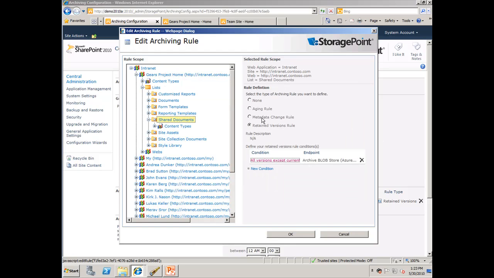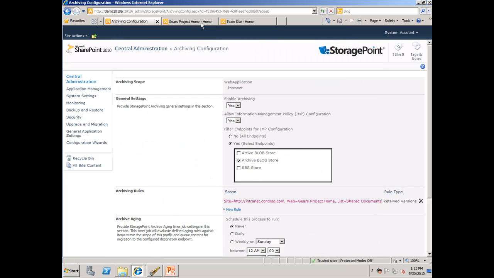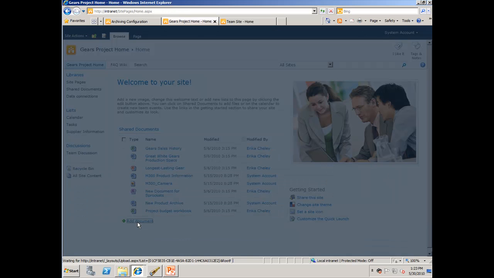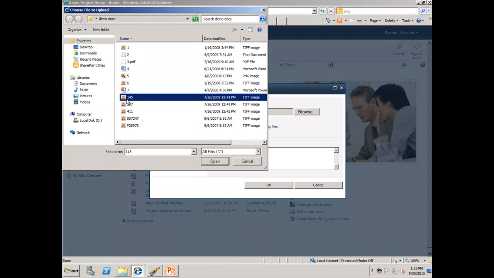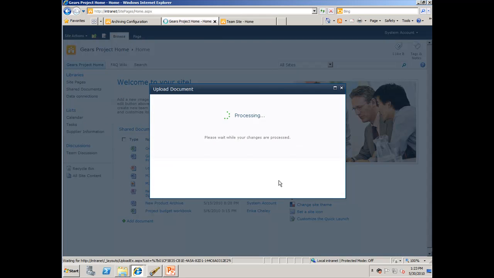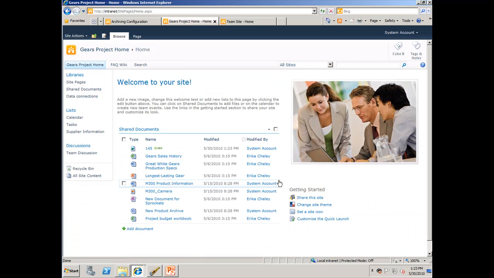And again, you can see the different rule types here: metadata change, aging, and you can drill down and define these at any scope within your hierarchy. So I'm going to go over to that site. I'm just going to upload, we're going to pick one, just a small TIFF file here. That's going to get uploaded into SharePoint